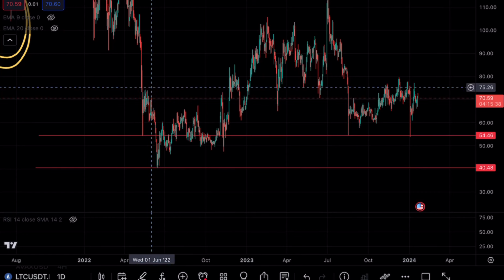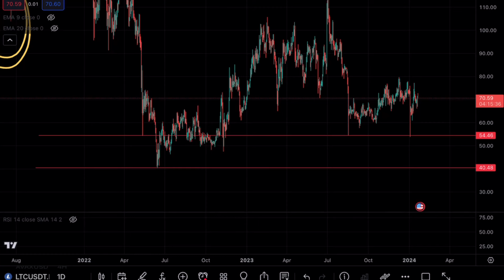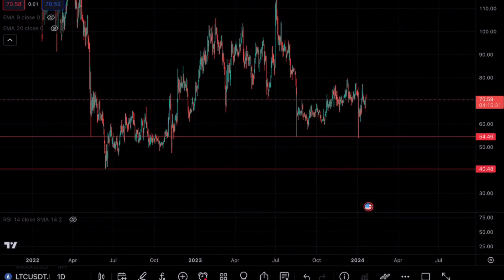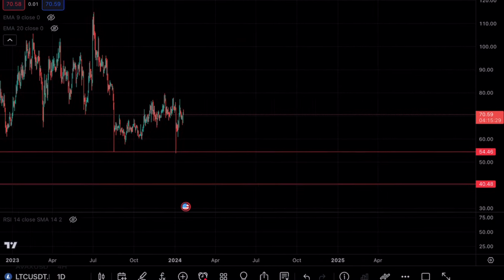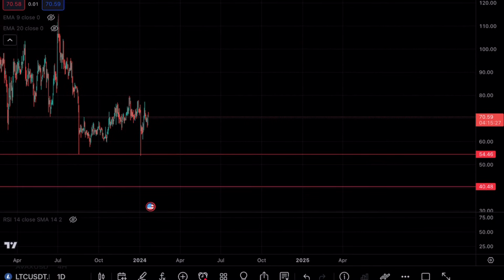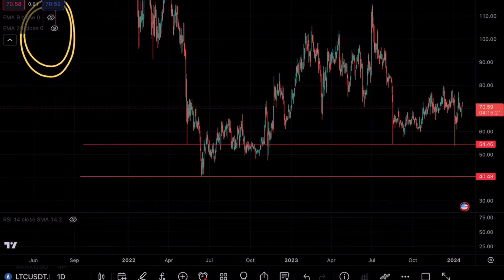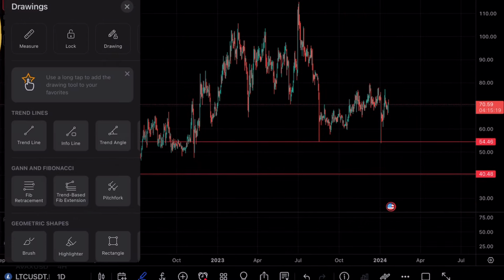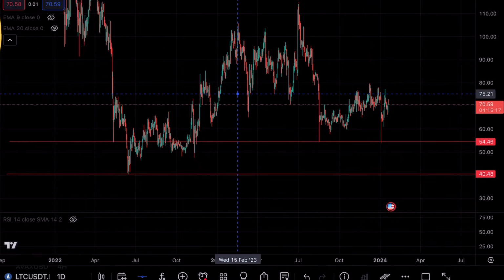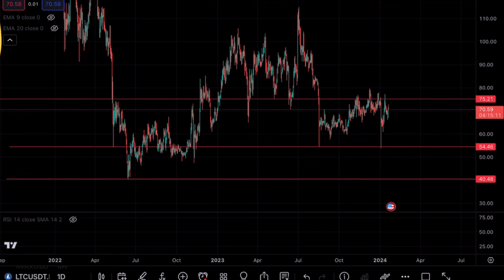The reason why I have my chart on the daily, once again as a reminder, is because I want to see the full picture. If you are a trader and you are only analyzing price action like this, you won't know exactly where resistance is until you zoom out and see the bigger picture where the most rejections happened. So what I would do in this scenario is look for the most rejections, and I can see that the market rejected many opportunities around this zone